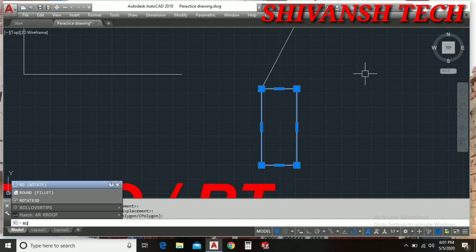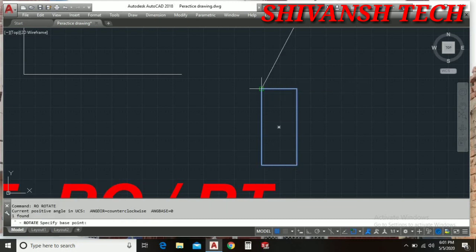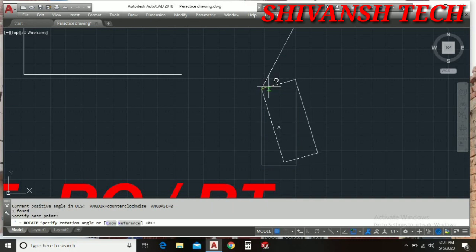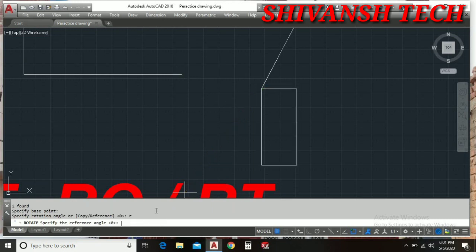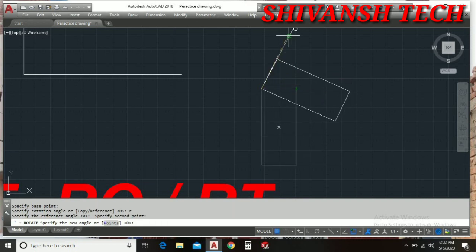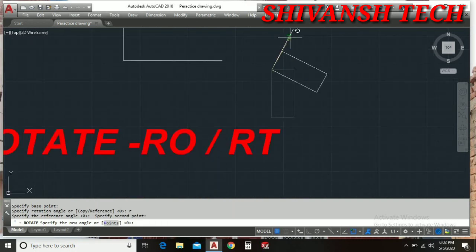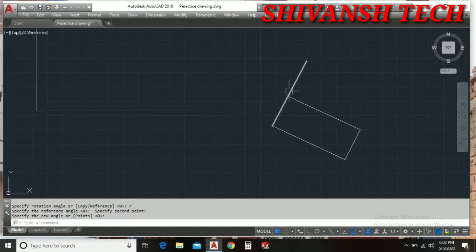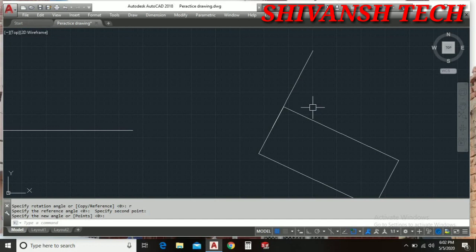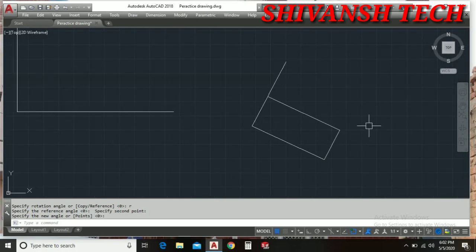For this, select the rotate command, then click here, give the base point. I just click here, and here we need to select the reference. We need to enter R for reference, then space. Now it is asking for the reference angle. We just need to click here. Now for the second angle, I just click here, and we need to click on this line. I just click here. So our object has been aligned to this second line. Still we don't know what the angle of this line was, but we can rotate our object with reference to any other object.